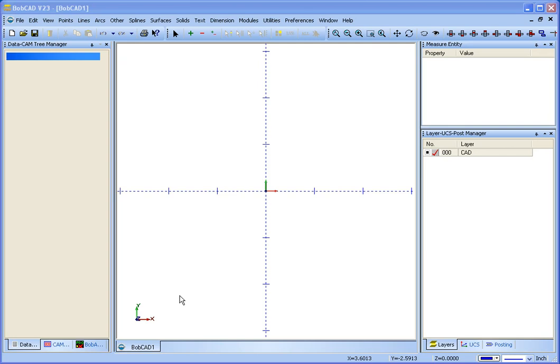Yep, today we're going to talk about just the general screen layout for BobCAD version 23. Everybody likes to have their screen laid out a little bit differently. This is the layout that I choose to use because I find it to be a very efficient means of using the space. Now, first off, if you want to add toolbars, if you've downloaded the demo or if you're